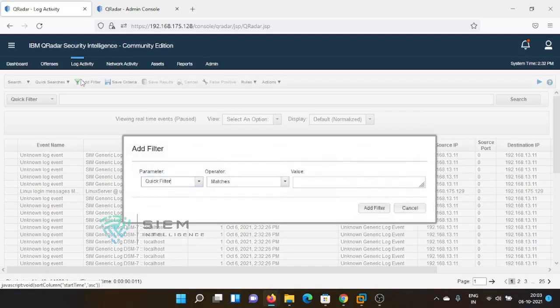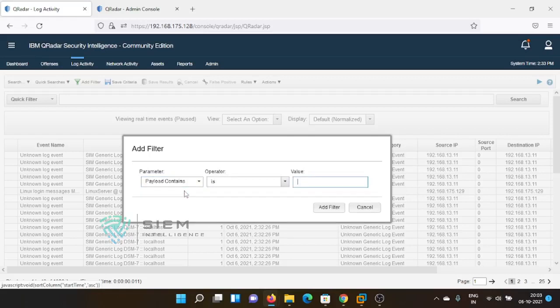Why? Because I only recommend it for not more than 24 hours. So I just want to check any payload contains, but you want to check the most important word and it should be checked. There are so many parameters. You can give multiple options: is any of, not any of, is not applicable, something like that. So you can give is any of.